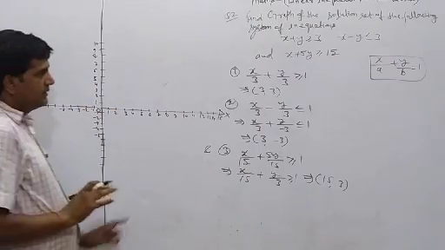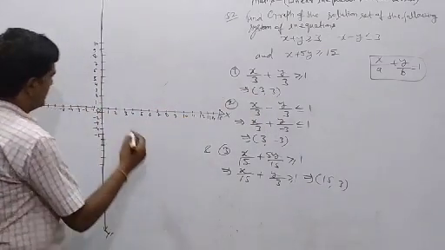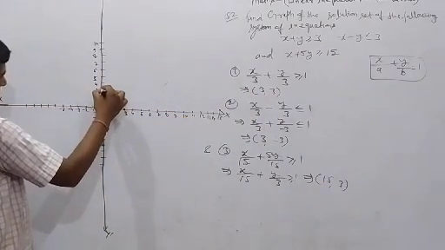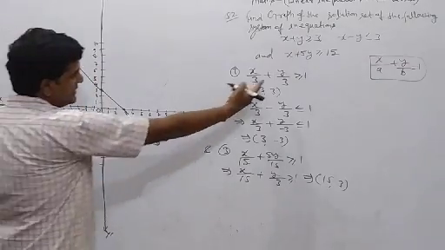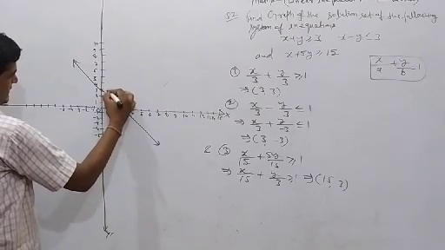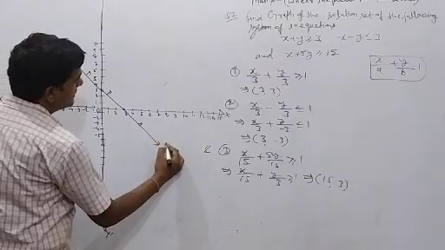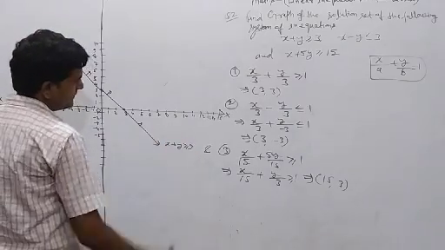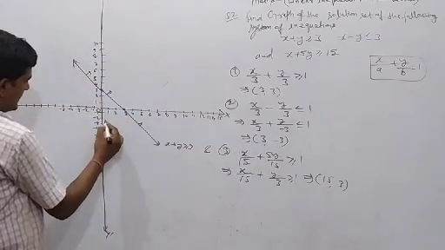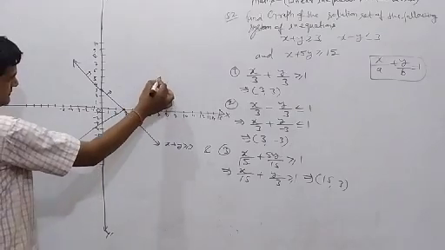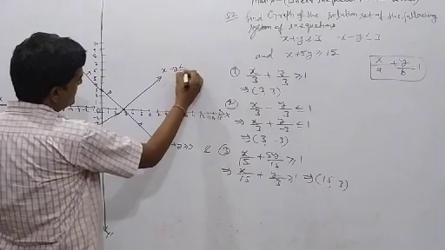Clear? Now see the point x, y, 3, 3. Here x is equal to 3 and y is equal to 3, means the arrow is more than, towards what? Here. Clear? This is the equation x plus y is more than 3. Now x is equal to 3, y is equal to minus 3. Now this equation: x minus y is less than 3.